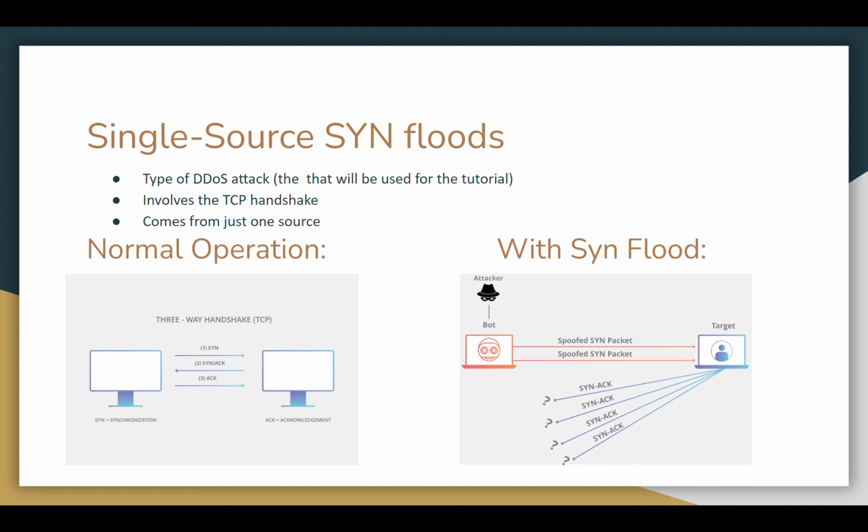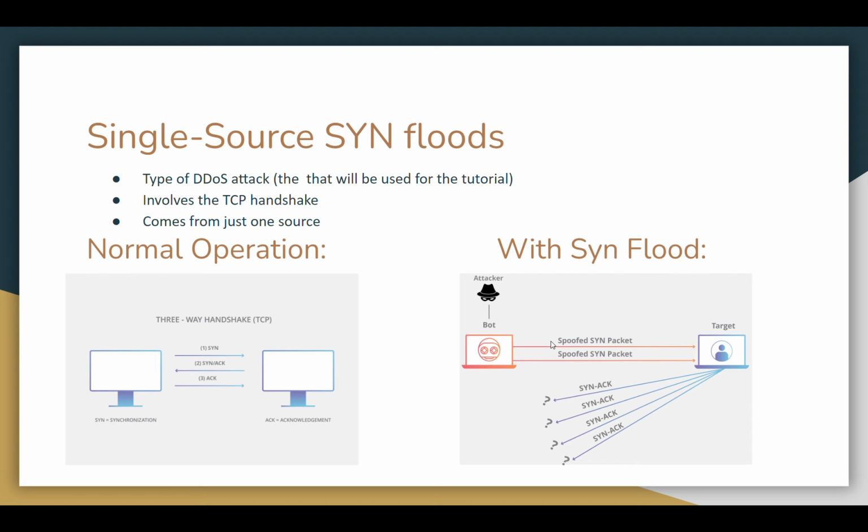However, the SYN flood takes advantage of this three-way handshake by sending multiple SYN packets that are usually spoofed, meaning that the IP address is hidden, and this means that the target gets an overflow of SYN packets, and it's establishing a lot of these half-open connections between the abundance of bots, or the abundance of, because this is a botnet representative of